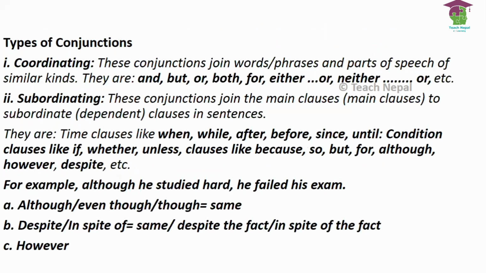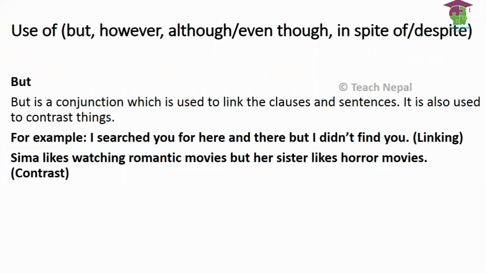You can see the types here, right? But, let's see the use. But is simply used for contrast, right? Contrast, or to show differences. For example, I searched for you here and there but I didn't find you, right? It is used for linking. Another is also for contrast: I like watching romantic movies but Seema likes watching romantic movies